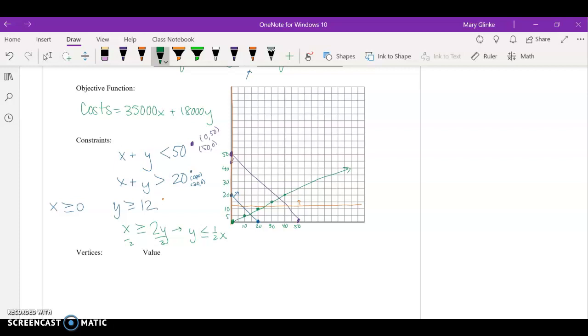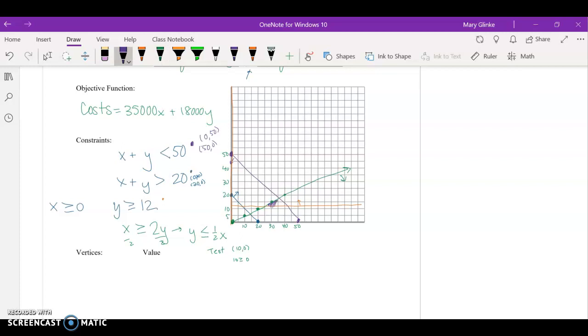So now for shading for that green line, we have to be careful here. We can't plug in 0 comma 0, so let's pick a different test point. Let's test 10, comma 0. If I plug in 10 for x, going back to my original equation, I get 10 is greater than or equal to 2 times 0, which is true. So I want everything below that green line because it encompasses 10, comma 0, which means my feasible region is